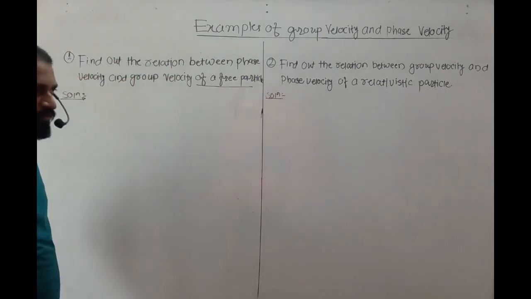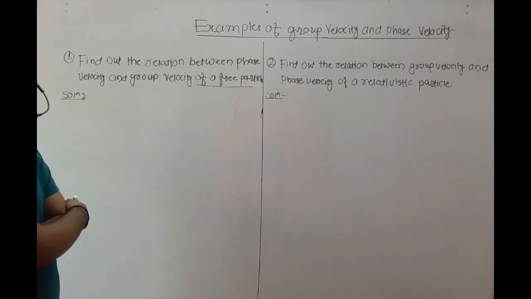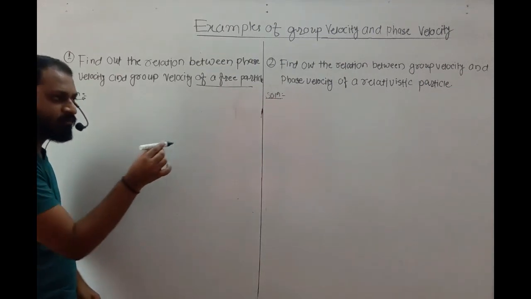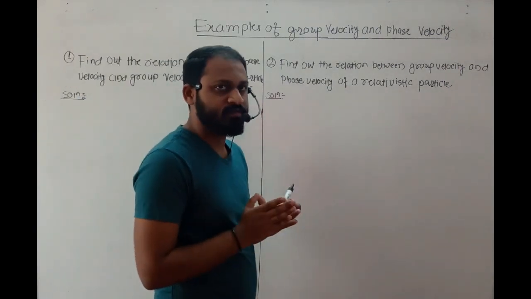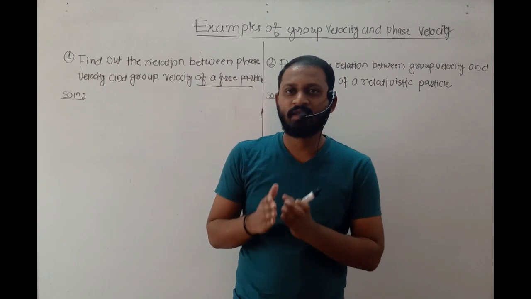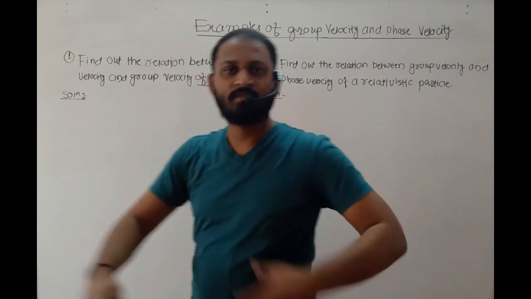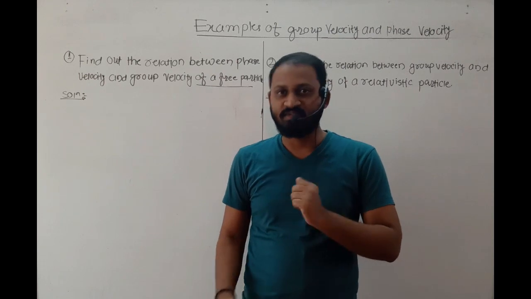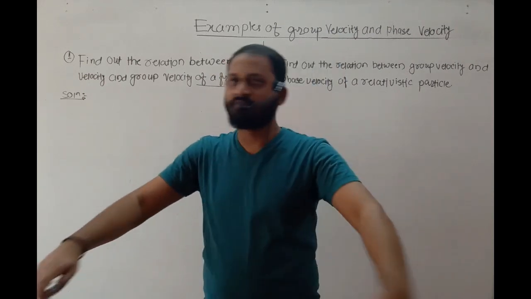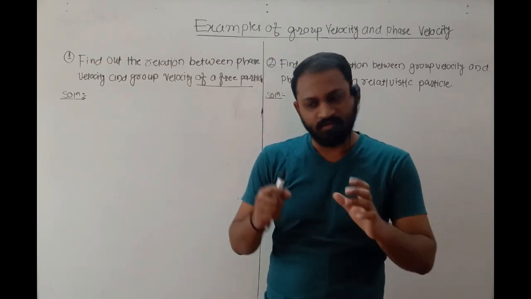Now see, already I have told you in classical mechanics what a free particle is. A free particle means a particle moving with some kinetic energy. As you know, the total energy is the sum of kinetic energy plus potential energy. Now see, I am a free particle. I can move everywhere with my kinetic energy. That's why my potential energy is zero. If I am moving freely anywhere, at that time my potential energy becomes zero.